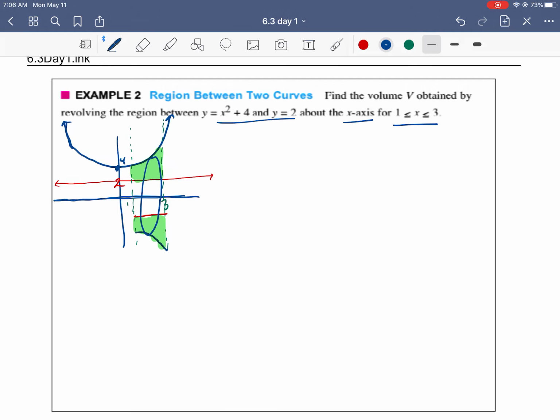Even if you only put one circle in there, blue to blue rotates, red to red rotates. Notice the empty space that I did not shade. We only want to find the volume of the green. So if I slice this,